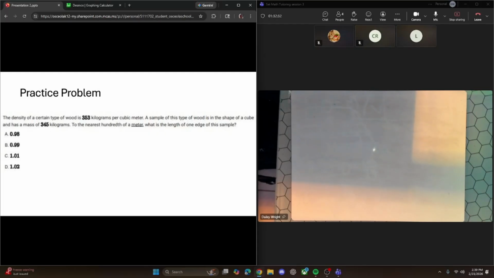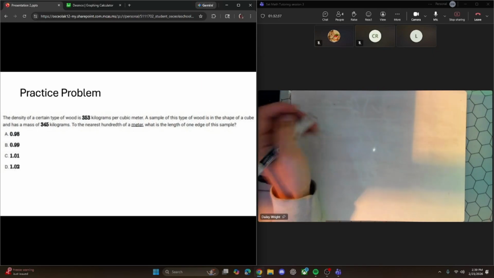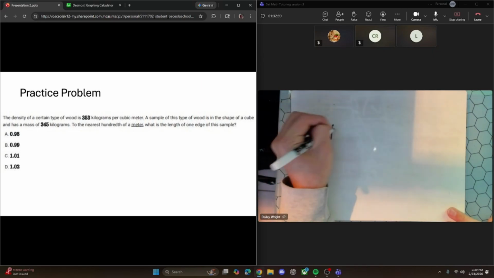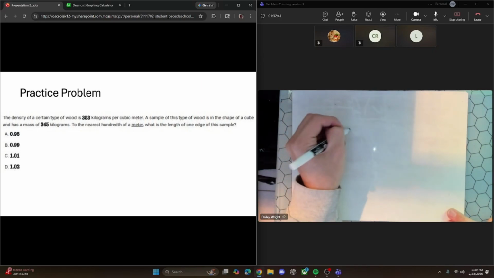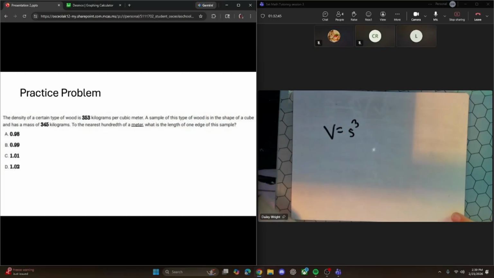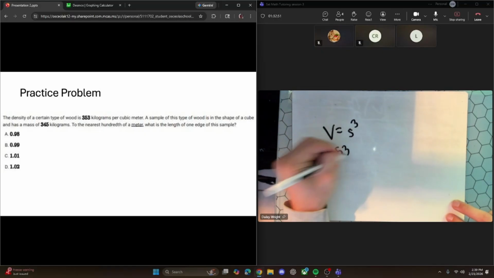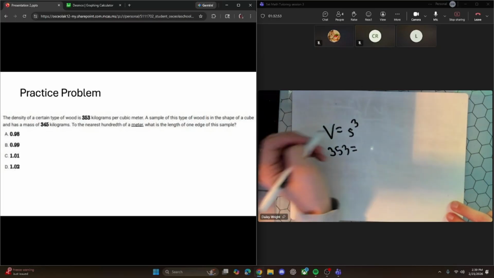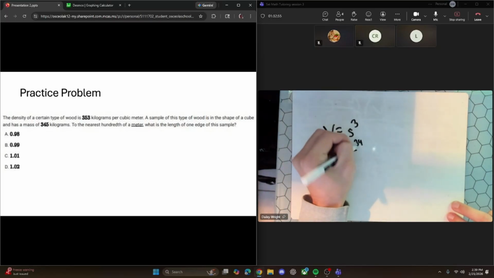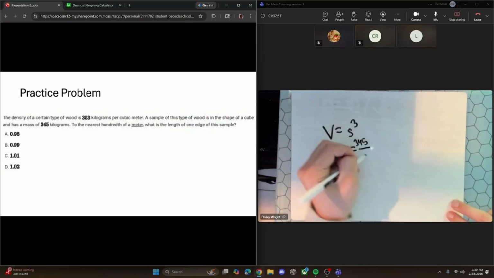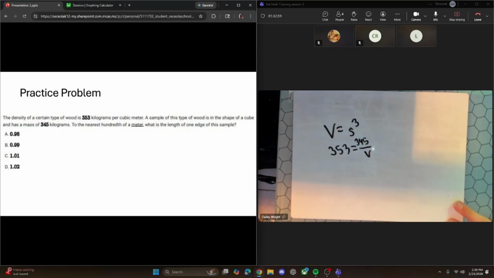So it wants you to find volume, because for a cube, volume equals your side length cubed, and the edge length is the same thing as the side length. So it gives you the density, 353, and then it gives you the mass as well, 345. And then you're looking for the volume. So you would multiply the volume over